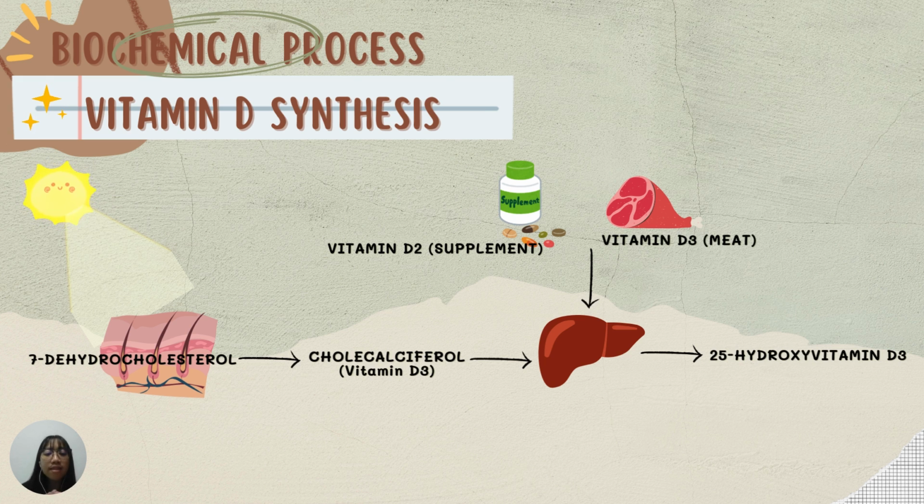Then it will enter the liver and be processed, then it will be converted into hydroxy vitamin D3. So the liver also will receive external vitamin D, which comes from the supplements and also the meat, and